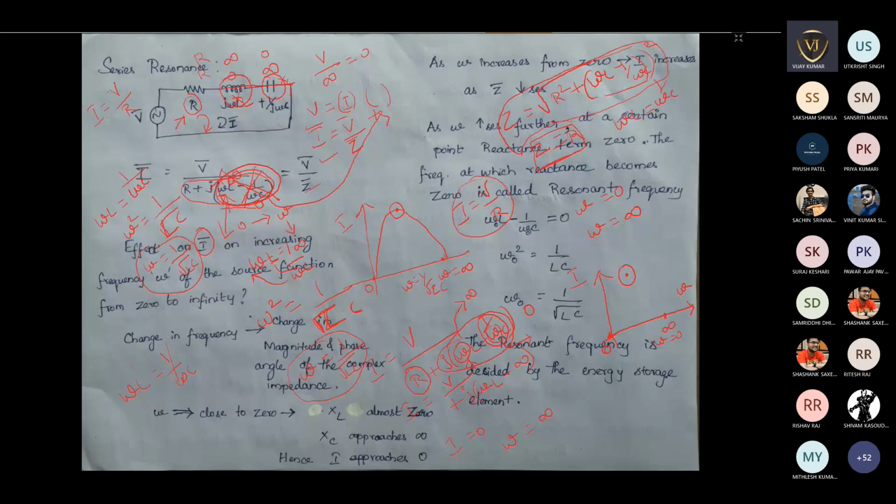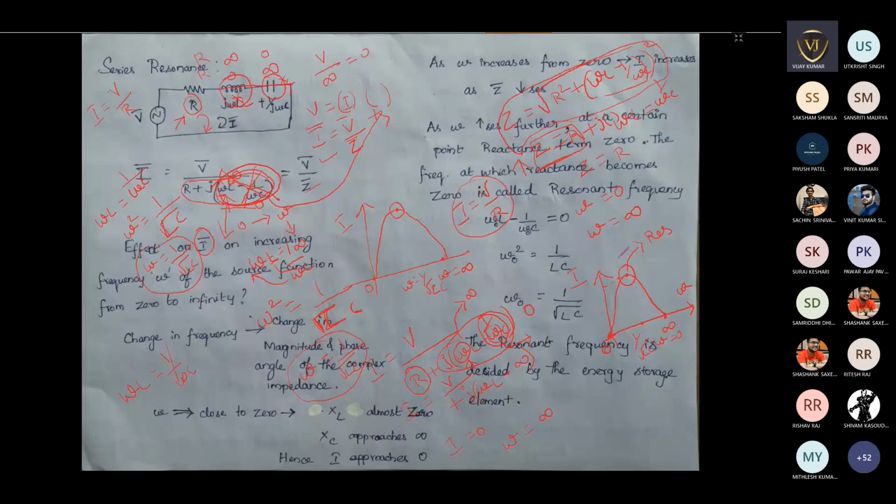For all other components, you will be getting R plus j something. Because of that, your overall impedance will be increased. So your overall impedance will be higher for the non-resonant condition. At the resonant condition, you get the least resistance, that is Z equal to R. If it has the least resistance, obviously the current flowing through it will be higher. That's why I have plotted the current. The maximum current occurs at the resonant condition, where the frequency is 1 by root LC.